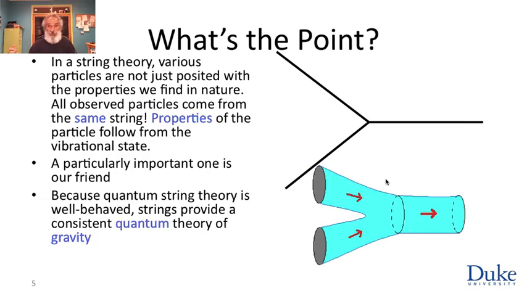Okay, so maybe we have a consistent quantum theory of gravity, but it's very difficult to do anything with it because you have this infinite number of degrees of freedom of a string. This is what makes the theory complex and why we don't know a solution to string theory. We don't know the space of solutions.